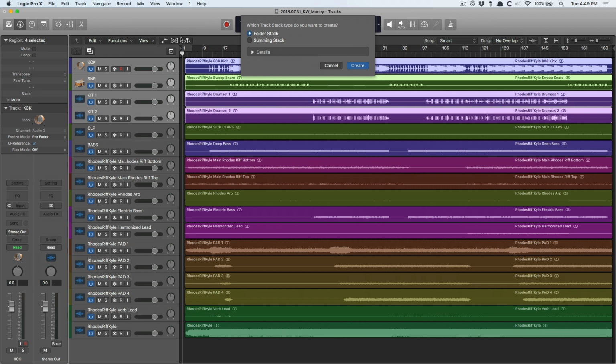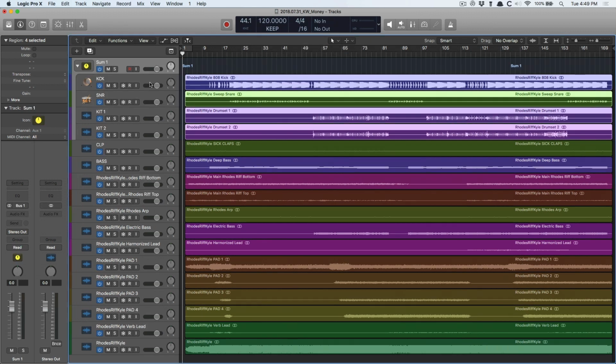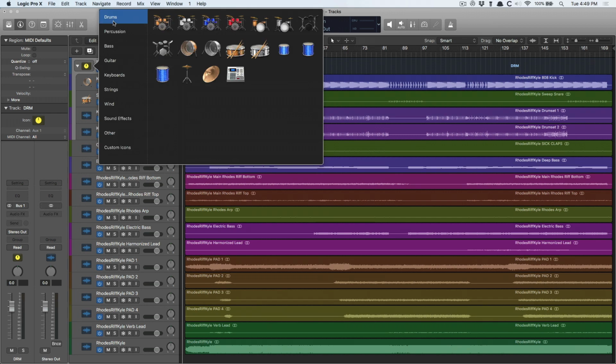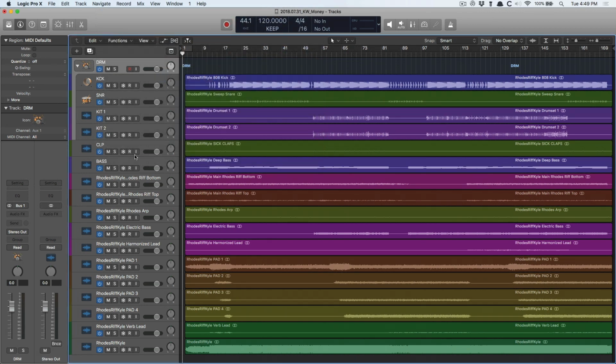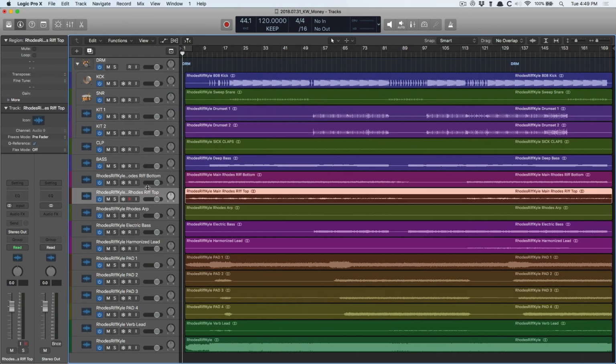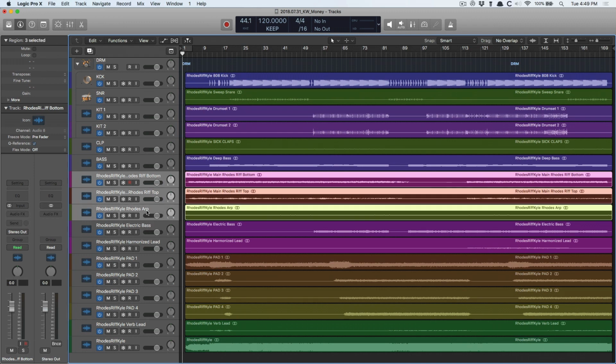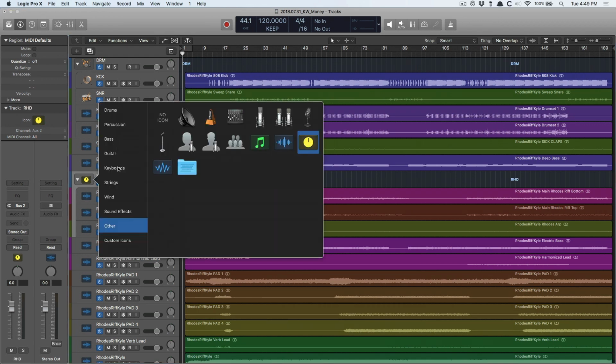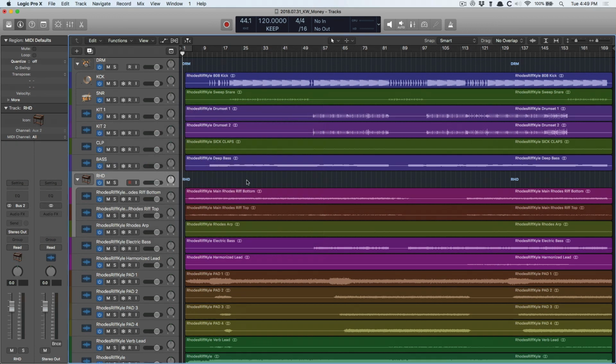I mean, you get a folder and you get a fader that controls the volume of all the tracks, but I want to be able to process my whole group if I need to. So I'll group all the drums together and name them drums using DRM and give it an icon as such. Then I'll go to, let's just say, the Rhodes and give this a group. And I'll call this Rhodes, and make sure to pick a key that looks like an organ, and so on